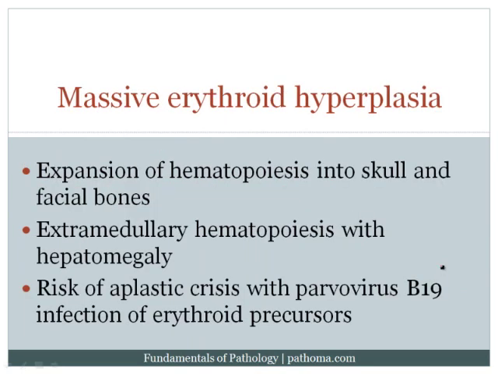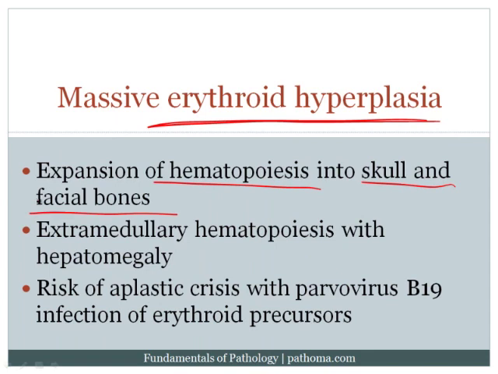Now, another consequence of both intra and extravascular hemolysis is that there's going to be massive erythroid hyperplasia. The bone marrow will undergo hyperplasia trying to produce as many red cells as possible. This will result in expansion of hematopoiesis into the skull and facial bones. When it goes into the skull, you're going to get a classic crew-cut appearance on X-ray. And when it goes into the facial bones, it's going to create that classic chipmunk facies that we've talked about